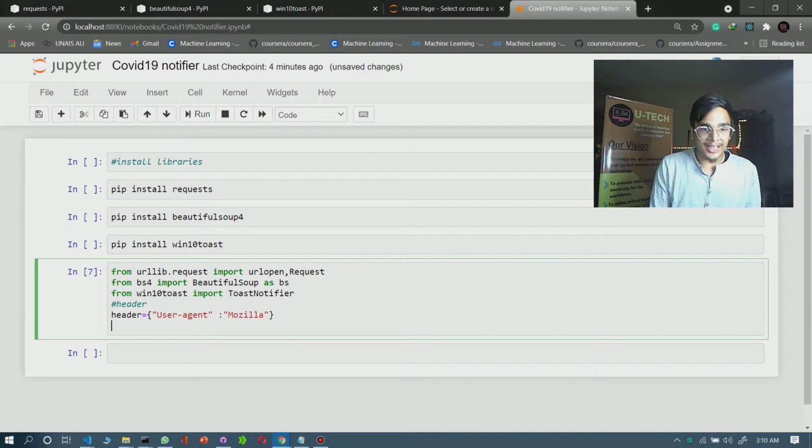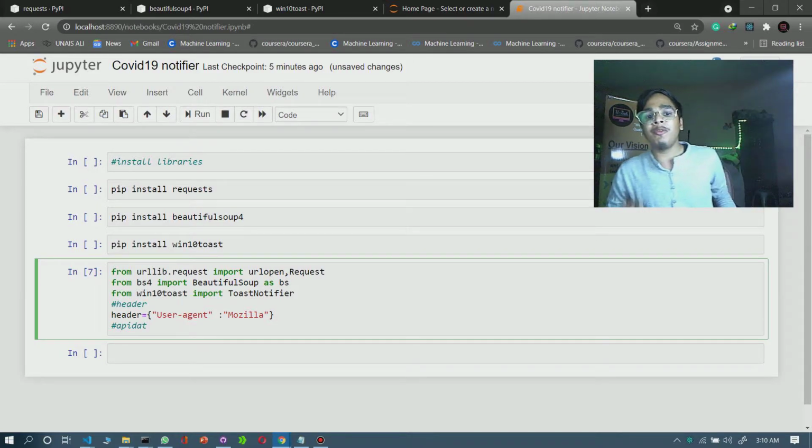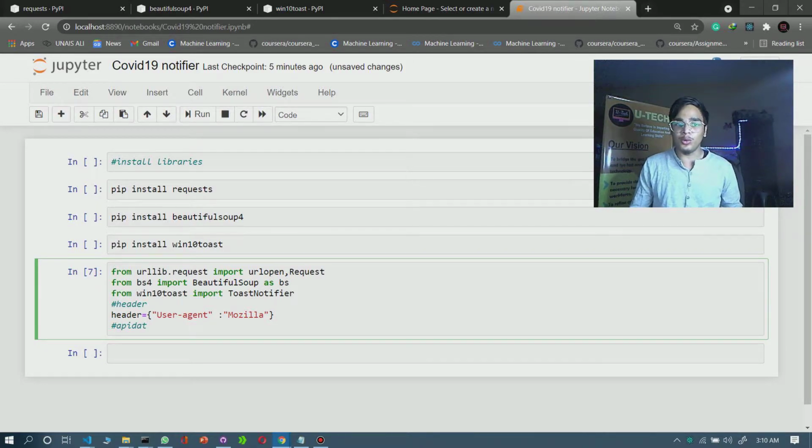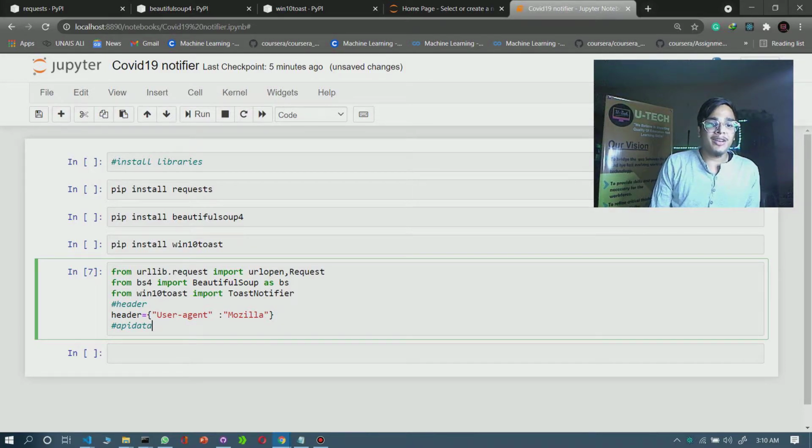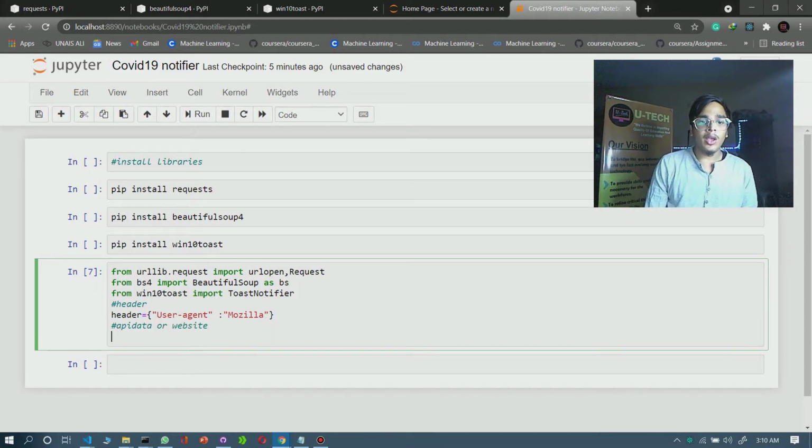Now the next thing is a very important thing, the API data. We are using web scraping with Beautiful Soup, so we want our API data, or website. I am creating a variable, so it will be easy to reuse that variable in several positions of the program.